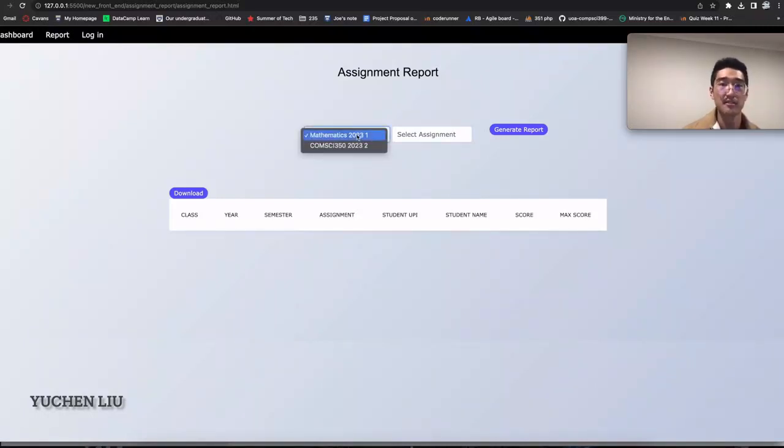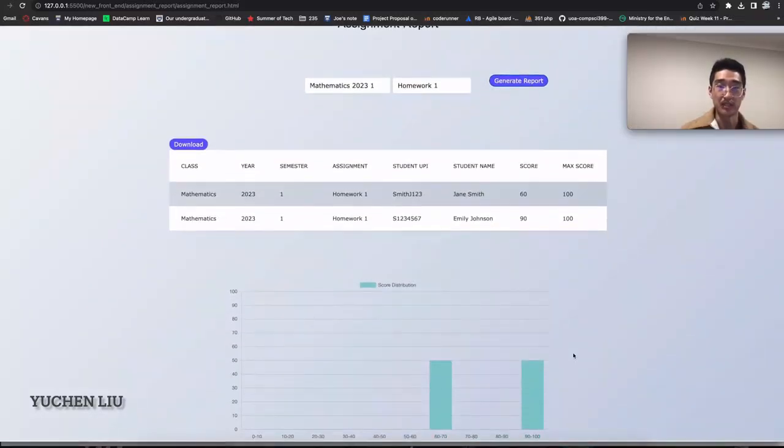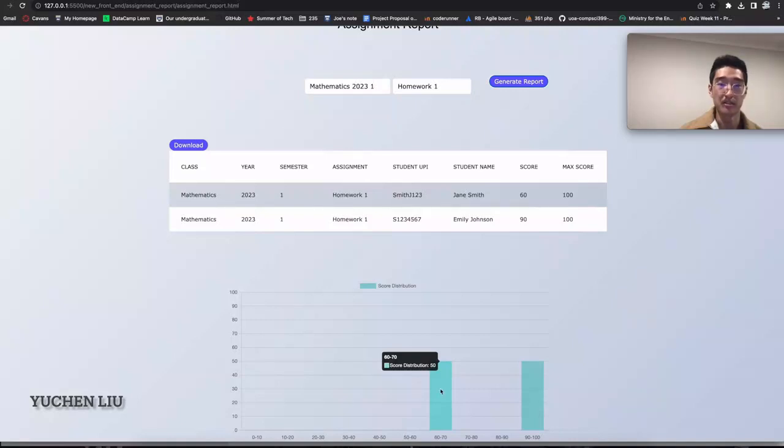From the drop-down list, you can choose any course for this semester. And you can also choose, for example, homework 1 for mathematics 2023. Then you generate a report. You can see all the information like class, year, score, student UPI. And for the statistic chart, you can also see there's 50% of students getting 60 to 70 score and another 50%